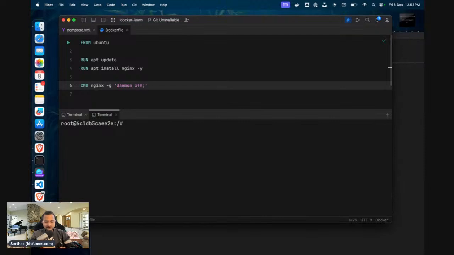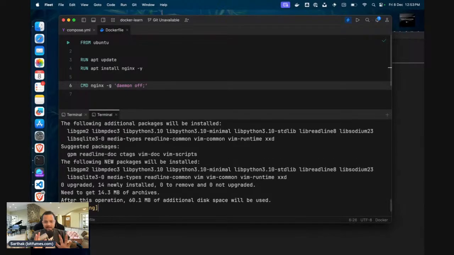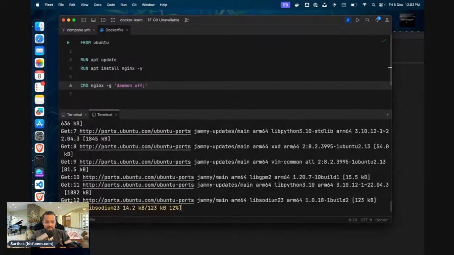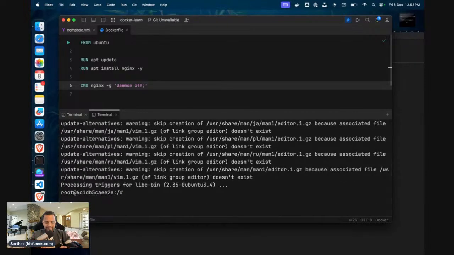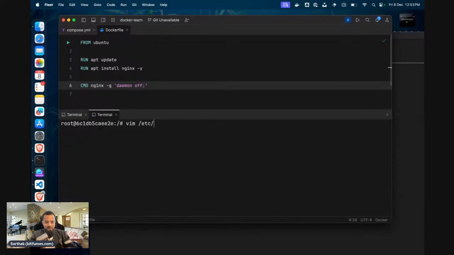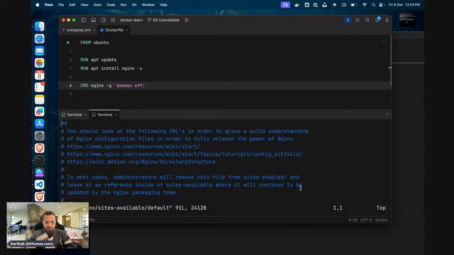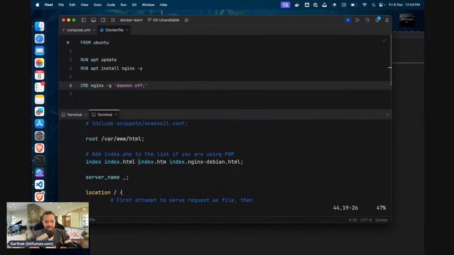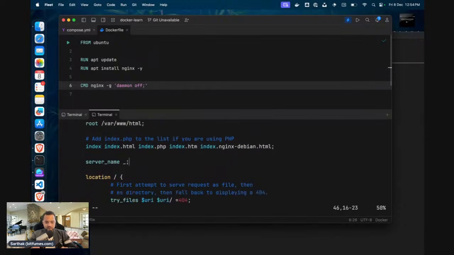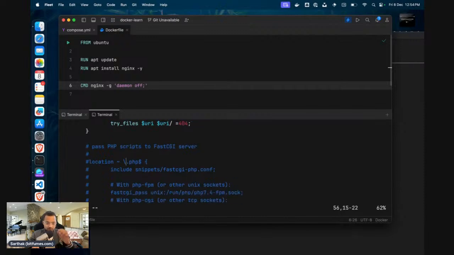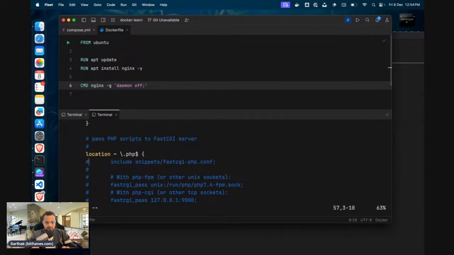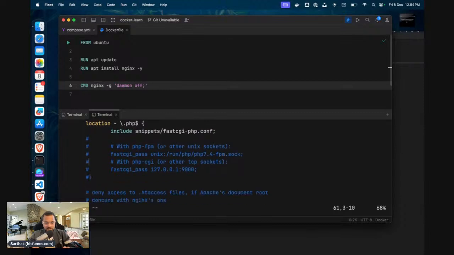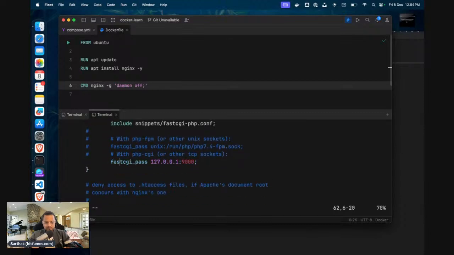So what I can do now is apt install vim also, and I'm going to set it up for running the PHP. Once it is done, we will install Laravel and we will be up and running with that. So Nginx sites-available, go to the default one, go inside of this, and at the third level we can add that there has to be index.php also. Now enable the location for PHP. I'm going to include this snippet, and this time it is going to be localhost